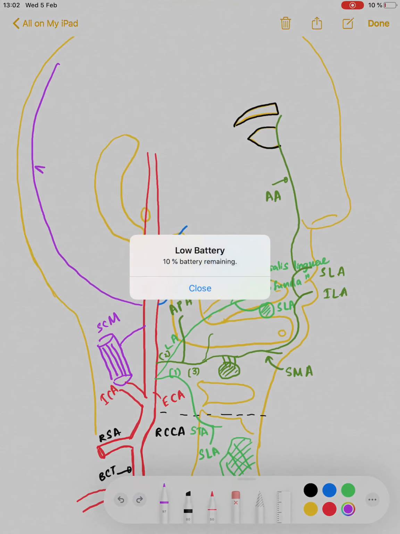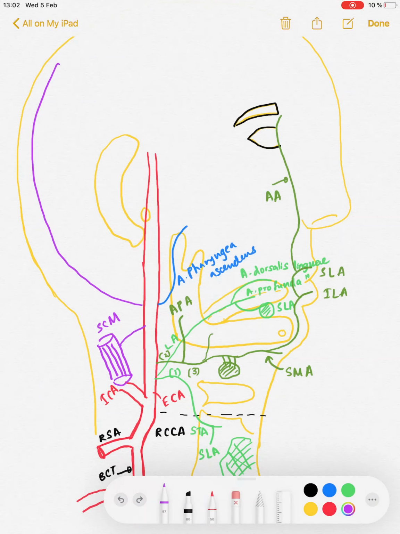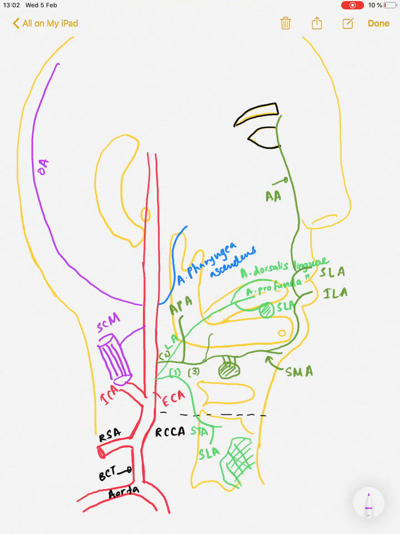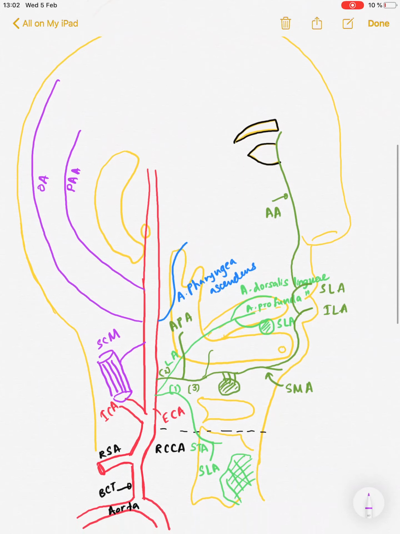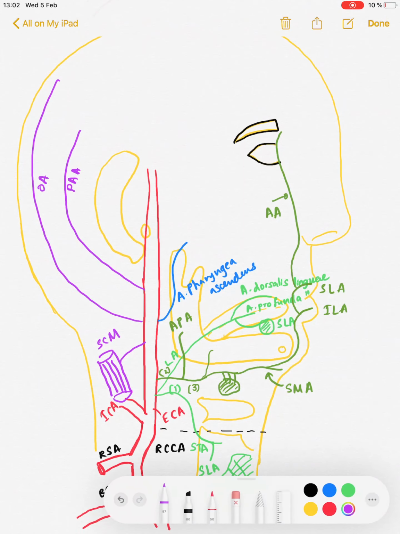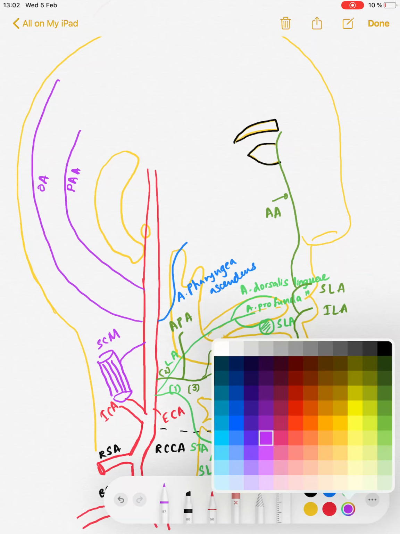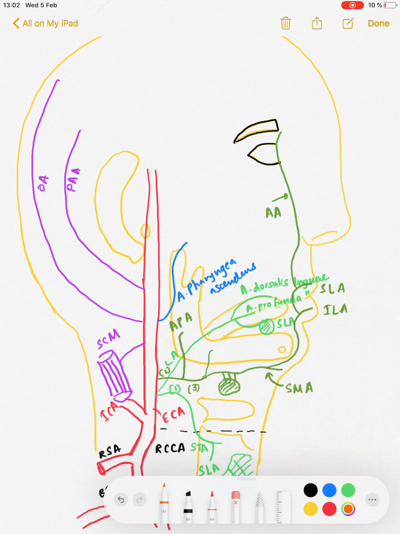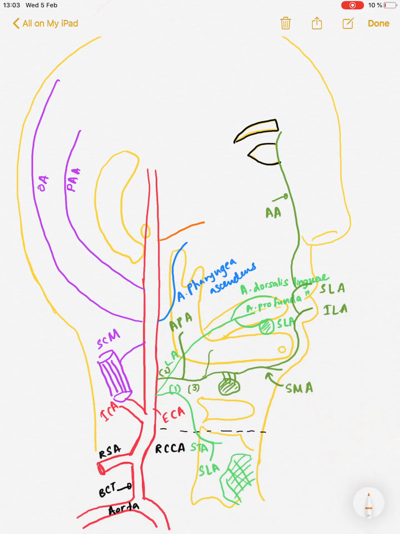We'll write OA. And then we will have the posterior auricular artery. Okay, and those are the posterior branches. Then we should take a look at the terminal group of branches. So here we will have two branches, and they are the maxillary artery